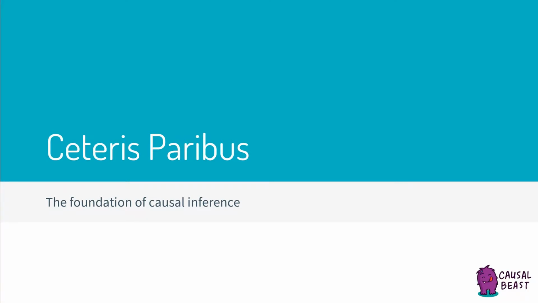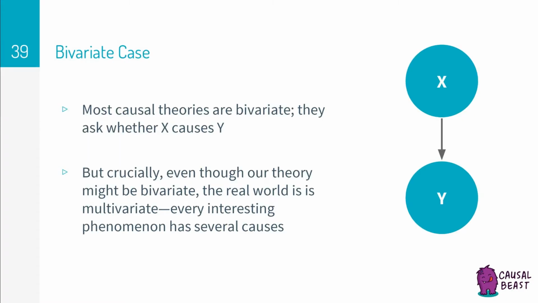Eliminating rival explanations, as it turns out, is one of the hardest checks we have to accomplish in our causal inference checklist. We're going to dedicate this whole module to introduce the basic theory of how to eliminate rival explanations and infer causality. So far, we have only been talking about the bivariate case of causal inference, where there are two variables of causal interest, where variation in x causes variation in y.